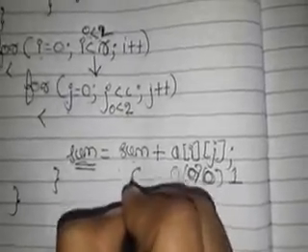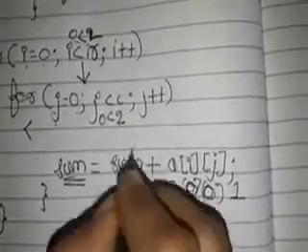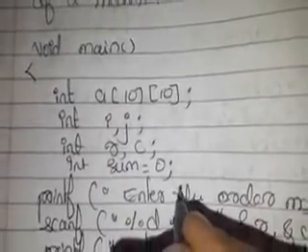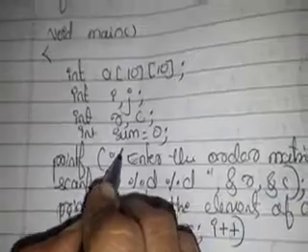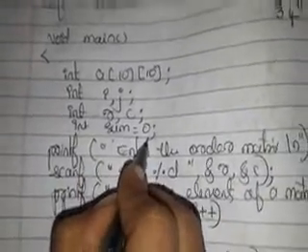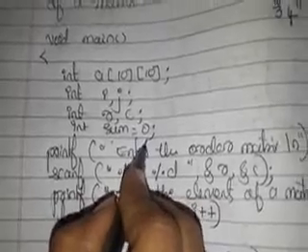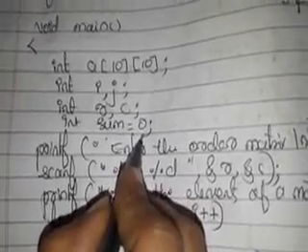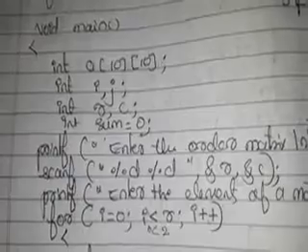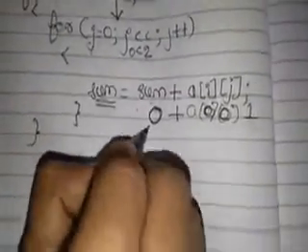So initial sum must be 0. Now add it. That's why many times I tell you, don't write everything from scratch in the main itself. It is just like mugging up if you do so. As the requirement comes, you go on adding the variable. Sum is equal to 0. Why did I do sum is equal to 0? Don't always remember sum is equal to 0. If I add 0 to any value, nothing is going to change. That's why initially I have taken it as 0. 0 plus 1, it will be 1 now.